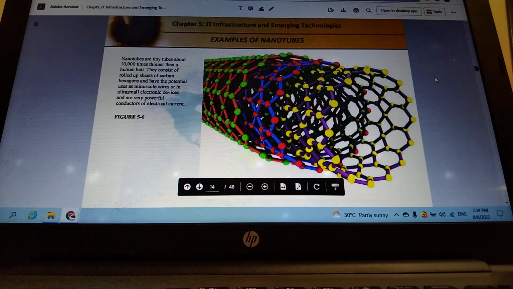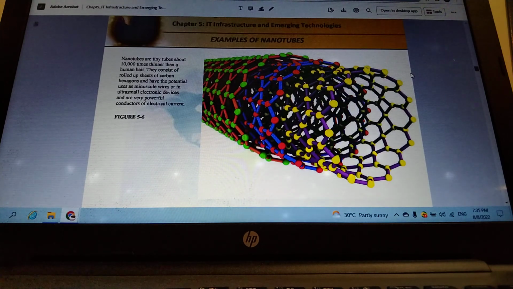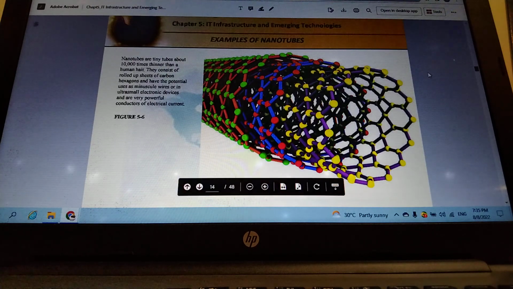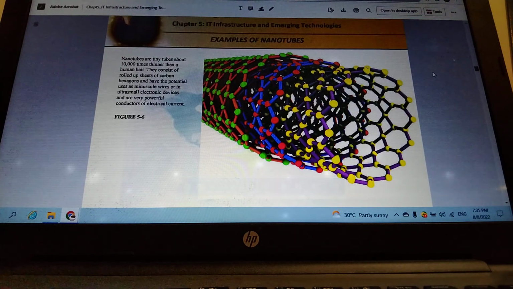An example of nanotubes that is based on nanotechnology, just for your knowledge, it is actually thinner than a human hair. As it is written there, nanotubes are tiny tubes about 10,000 times thinner than a human hair. As we know, the human hair is already so tiny. We might have difficulties looking at it with our naked eyes, but just imagine the nanotube is 10,000 times